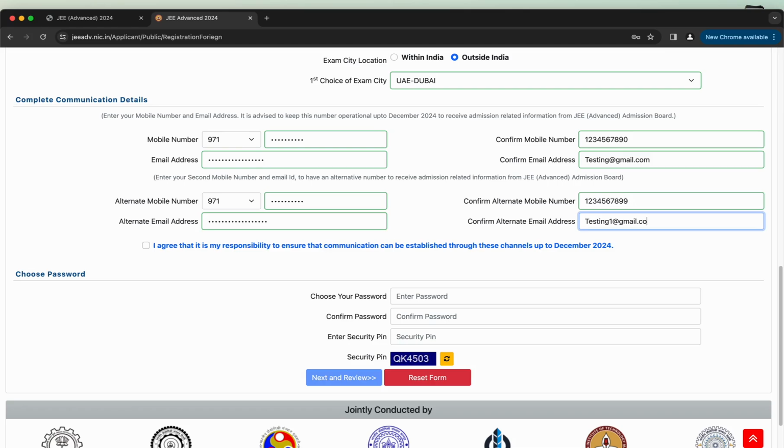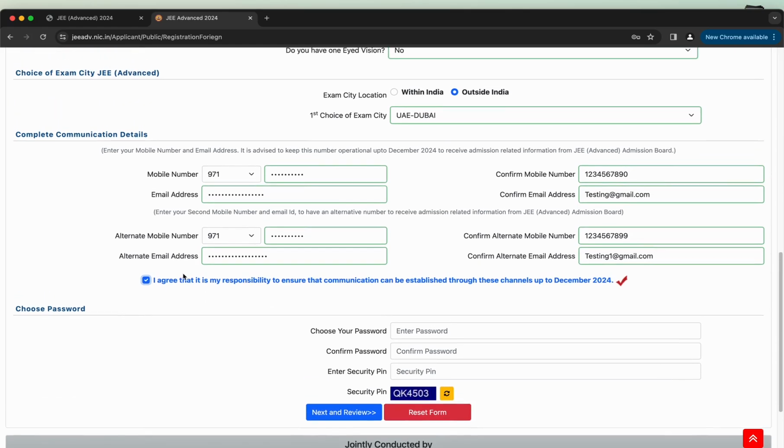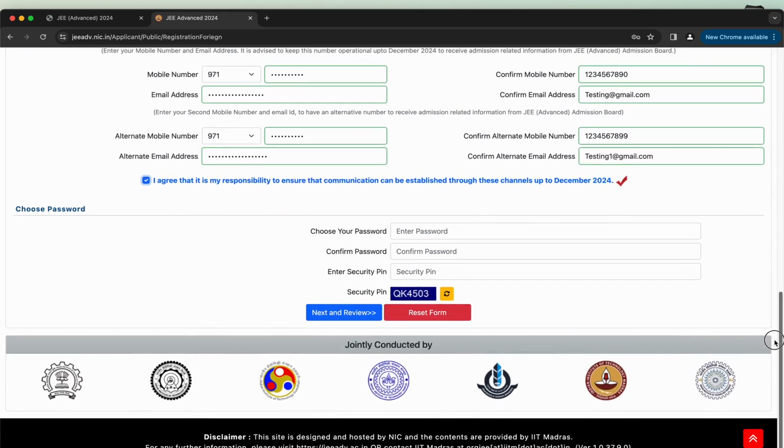Click the checkbox I agree that it is my responsibility to ensure that communication can be established through these channels up to December 2024. Create your password which satisfies the following conditions.